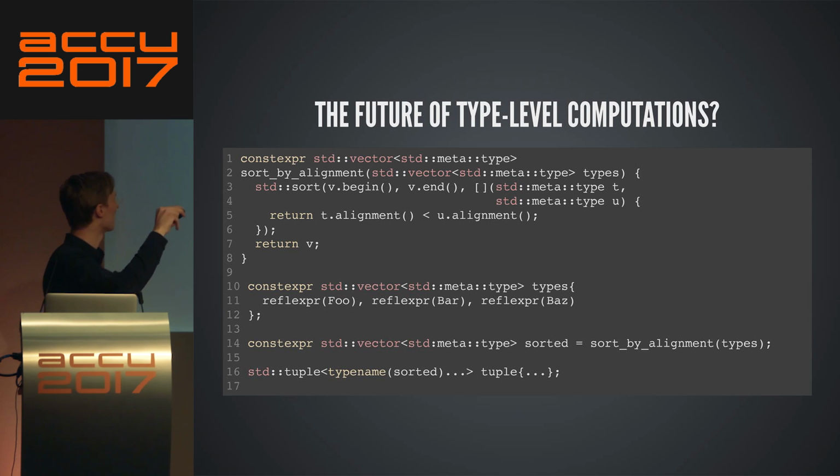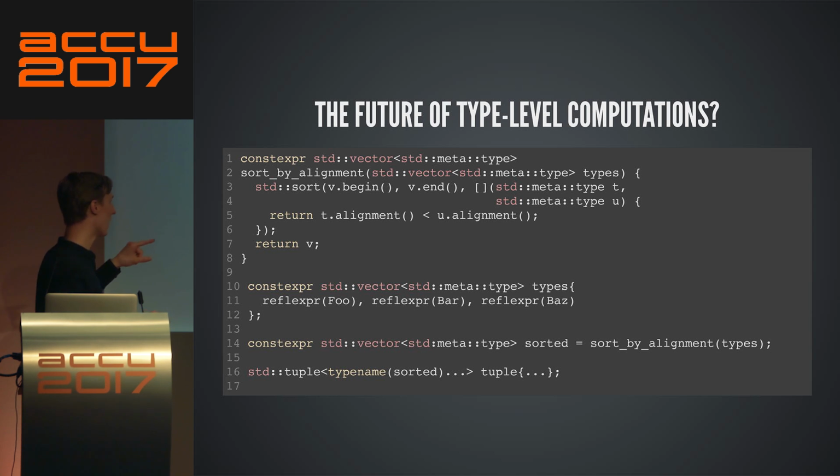So you get a vector of types, and then you just sort it. And the beauty here is you can use std::sort because these, unlike the Hana type IDs that I showed earlier, are homogeneous. They all have the same type. So you can use all of the current C++ that we have. This, in my opinion, is the future. We'll see whether that can be made to work, but anyway.